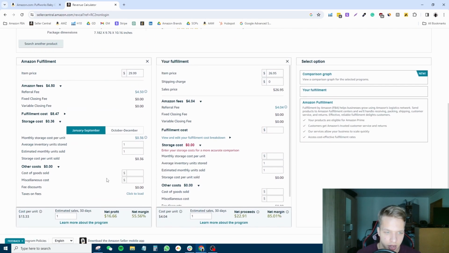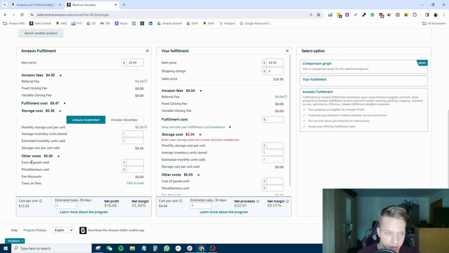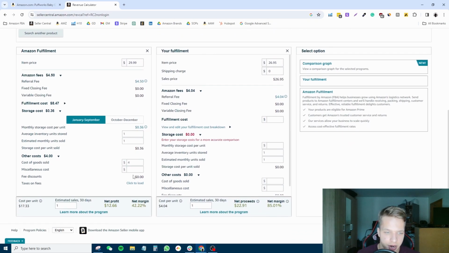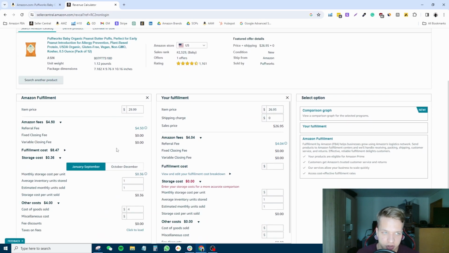And then you're gonna take a look down right here where you see cost of goods sold. This is the cost that you had to pay for having your product produced by your supplier and shipped. So whatever it costs you to get the product all the way to Amazon's warehouse from China, you want to include it right here. So let's say I paid $4 landed to get this product finished and made by my supplier. I'm gonna type in $4, and now if you take a look right down here, it's going to show you the net margin, the profit margin that you are going to make from each sale that you make with this